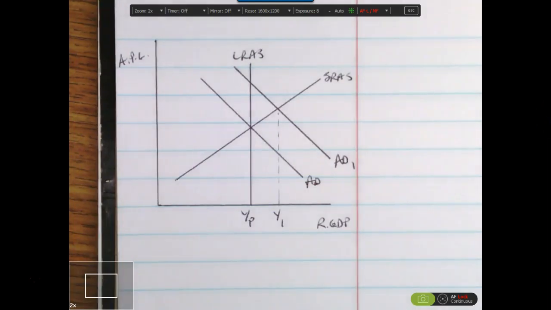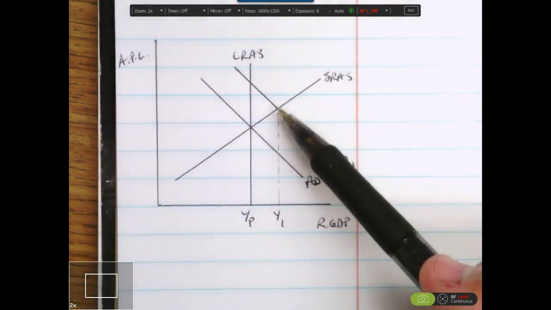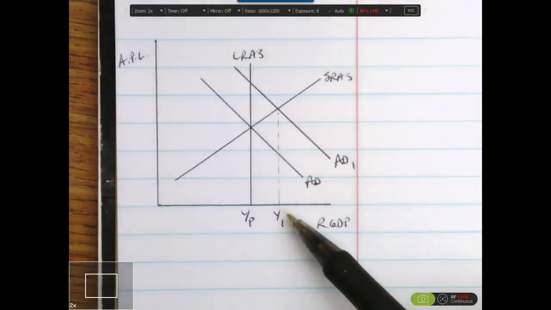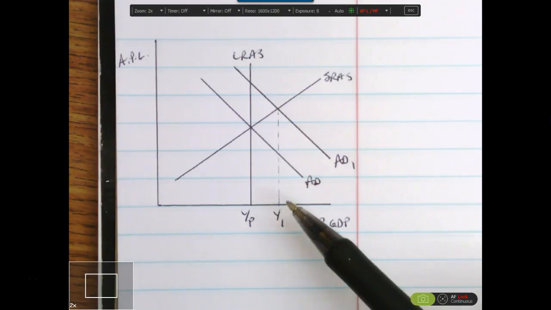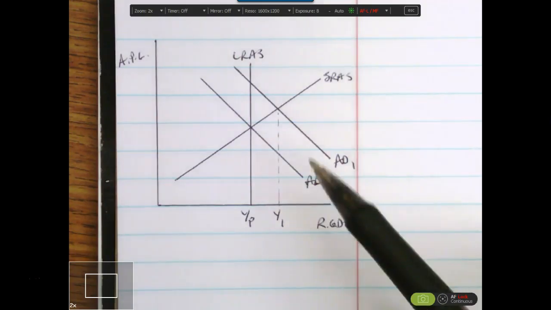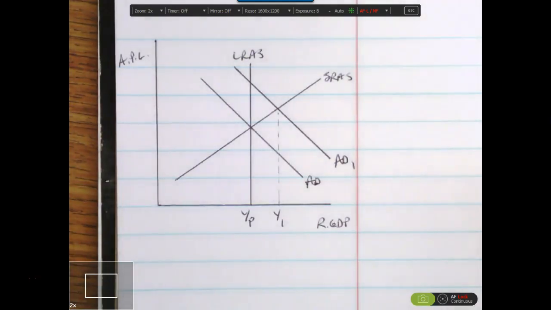And when the aggregate demand curve shifts to the right, we would see a new short-run equilibrium. We'd have greater output than before, but what we have now is an inflationary gap situation. And we know that left alone, the inflationary gap is going to correct itself. And the way it's going to correct itself is by having short-run aggregate supply shift back to the left due to an increase in the wages.